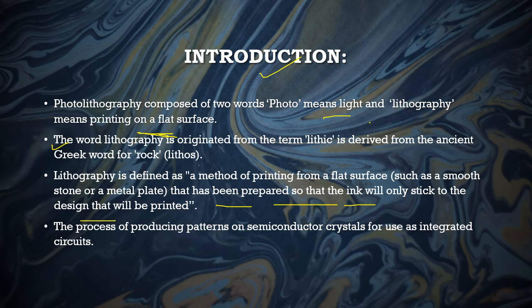And photolithography is a type of lithography in which we etch a design by making a mold on a silicon wafer using UV light. UV light is a very main part in this photolithography process.